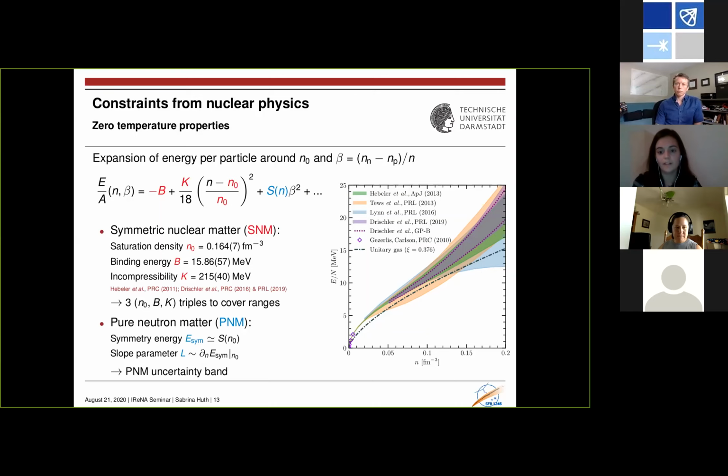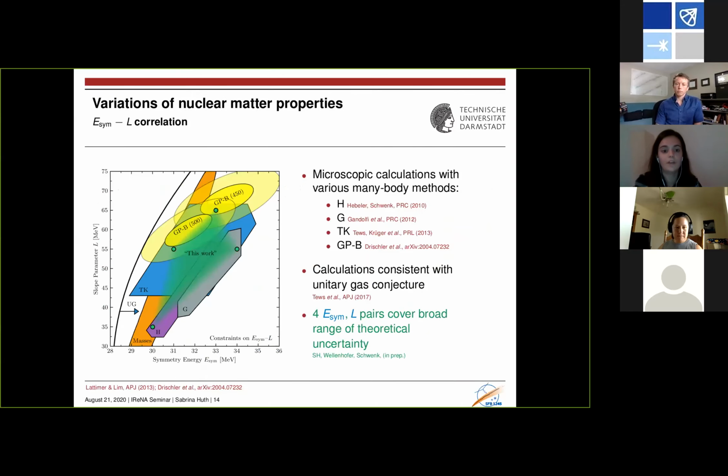Some of these calculations also give ranges for the slope parameter and the symmetry energy at saturation density, so for the symmetry energy slope correlation. Basically the original plot was first made by Lattimer and Lim in 2013, and then also in a recent paper extended by Christian Drischler and co-workers. And we now show here